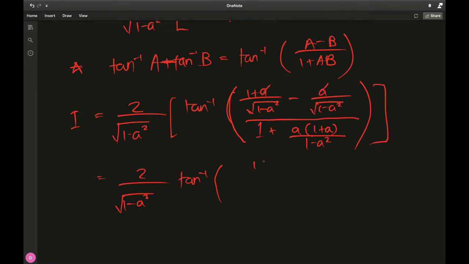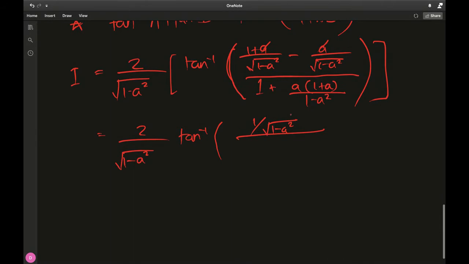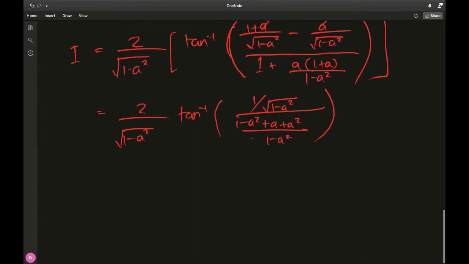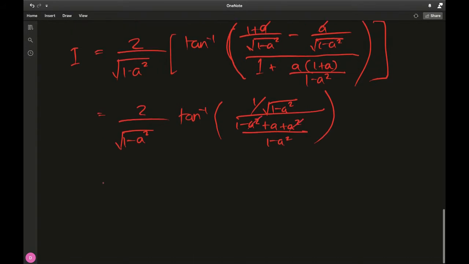You have 1 over square root of 1 minus a squared divided by 1 minus a squared plus a squared, divided by 1 minus a squared. So the a squareds will cancel out. We have 2 over square root of 1 minus a squared